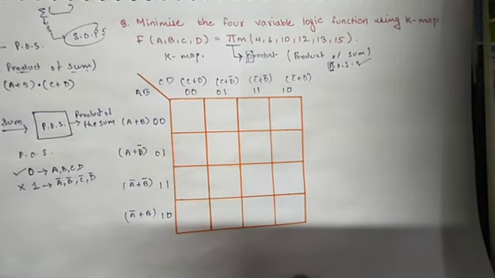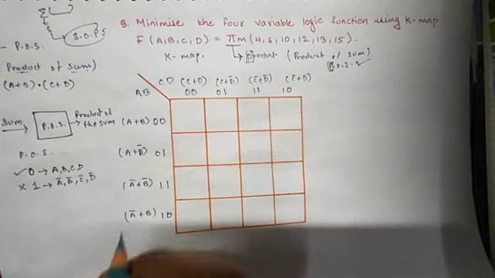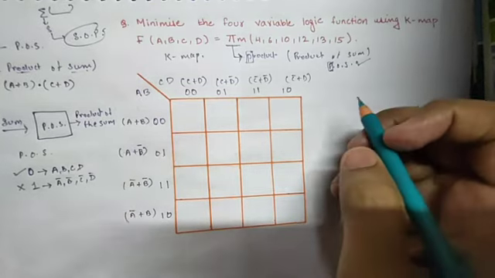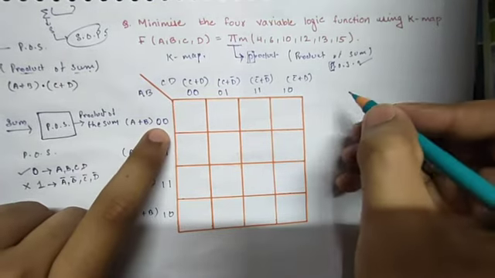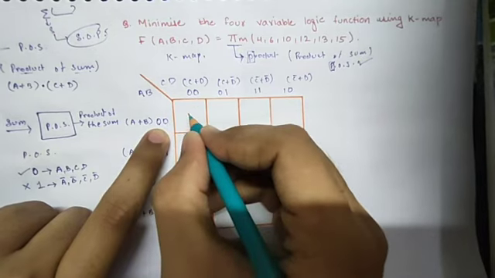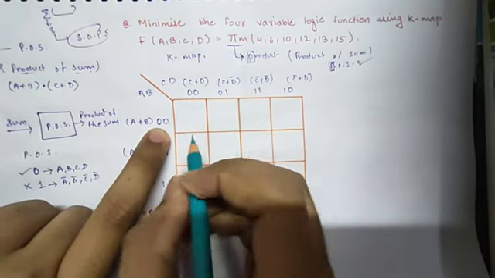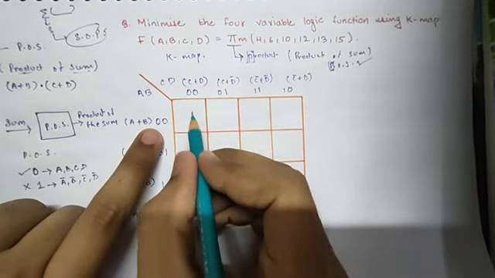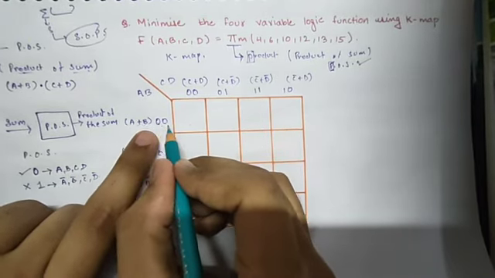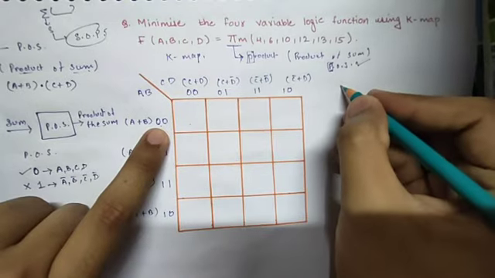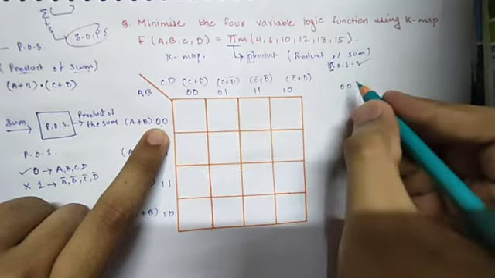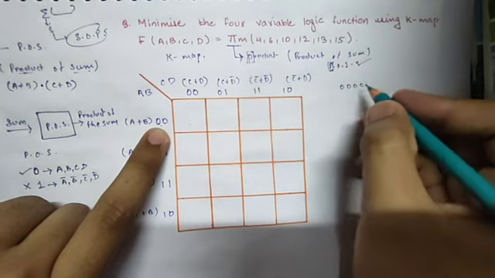And now we have to do one more thing. We have to fill these boxes with certain numbers. Let us see how to fill. First you have to take the row. In the row, what is written? For this first box, which row does it belong to? The first row and the first column. So what is written in the first row? 0 0. So write here 0 0. And what is written in the column? 0 0. Again copy this 0 0.